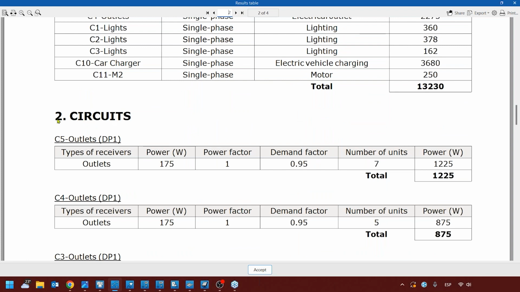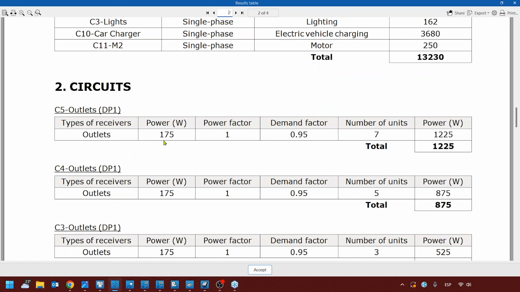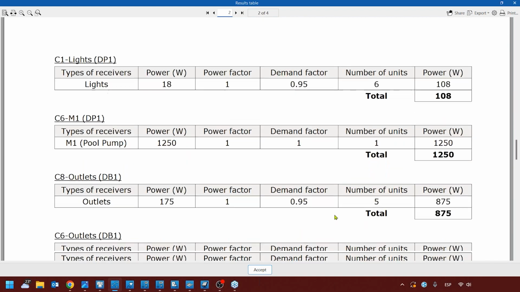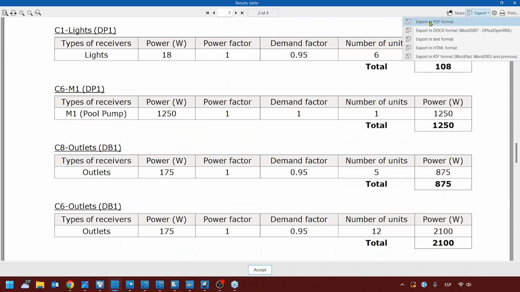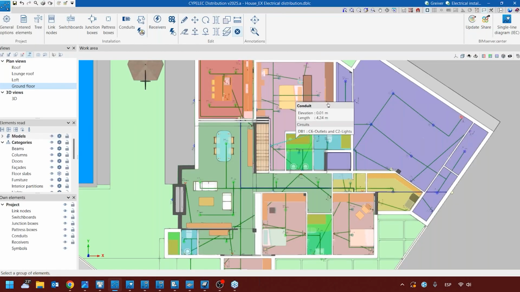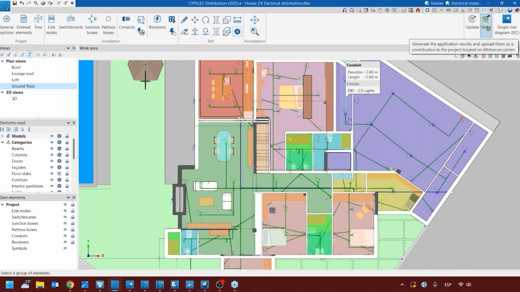Then we are going to have all the circuits here, with detailed information of each circuit: the power of each outlet, the power factor, the demand factor, and the number of outlets connected to that circuit. That information you're going to be able to export in any of these types of formats, as I said before. All right. Once we have finished it, what we're going to have to do is share that information